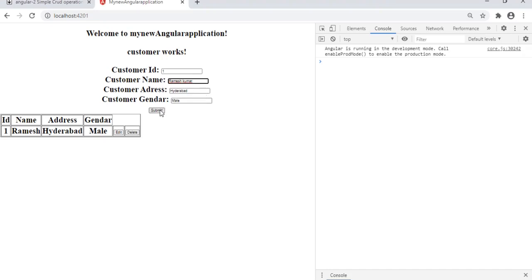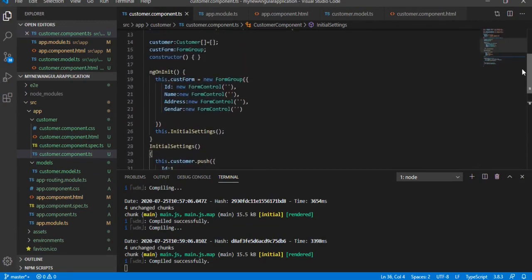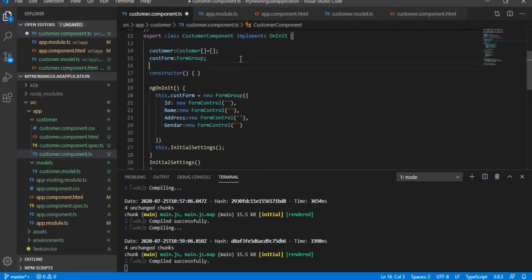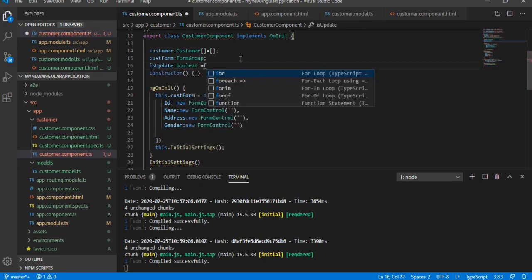To do this we need to identify. For addition and for updation we are clicking on a single submit button, so we need to differentiate which operation it is, either an updation operation or an addition operation. To identify whether it is an insert or update operation, in the customer component.ts I'm going to take a variable called isUpdate, a boolean variable initialized to false.